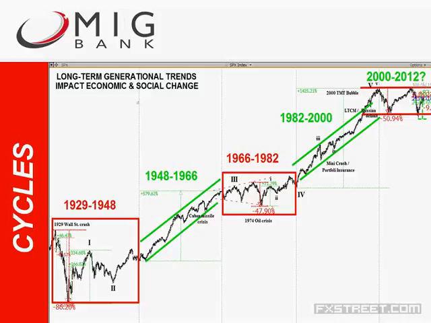Okay, so long-term cycles, bullish cycles, bearish cycles. This is a real-time historical example of how they exist in the stock market, the US stock market, and you can see that these long-term cycles last between 16 to 20 years. They are generational cycles, so literally they will last for the entirety of your professional career. They will impact economic and social change